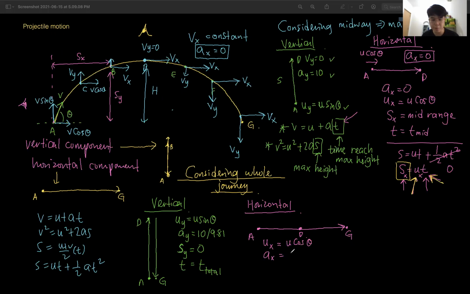AX, acceleration in the horizontal component, 0。SX 这个就是我的整个 distance 对吗？这个我可以讲我的 range or the max range。刚刚那个是什么 mid range 去到中间，这个是我的 max range。然后我的还有什么 final velocity。OK， 当它去到 G 的时候啊，这个 V 啊，这个 V 是什么 V？Vx。OK，horizontal 我们看不到 Vy 的。OK 啊，so Vx 是等于 Ux，因为它 velocity 没有变嘛 ，constant velocity。